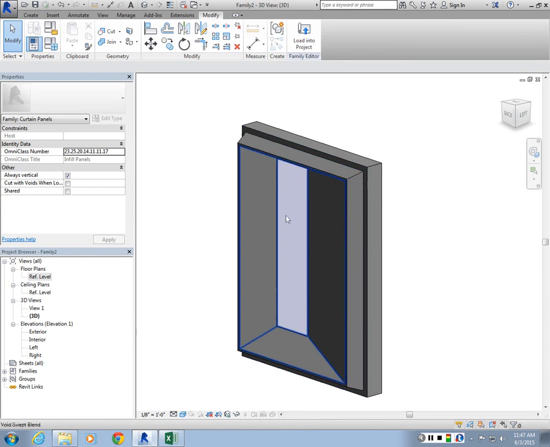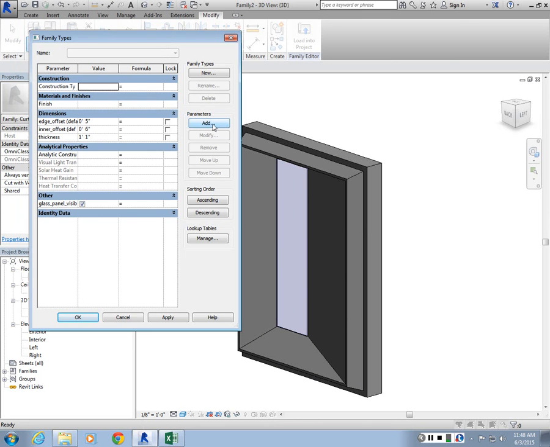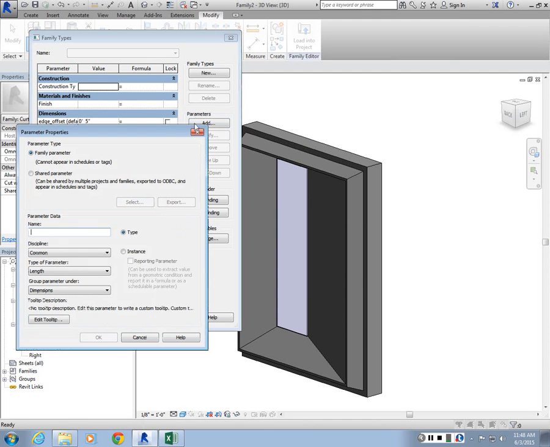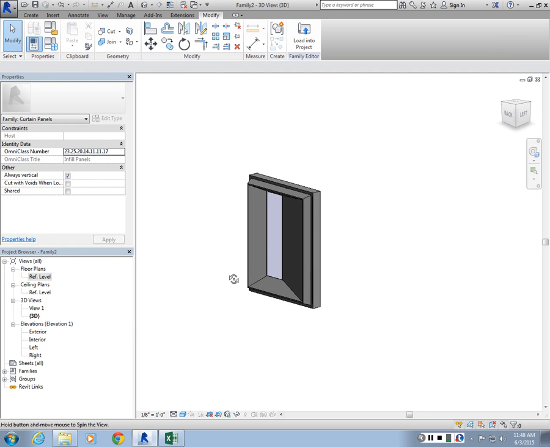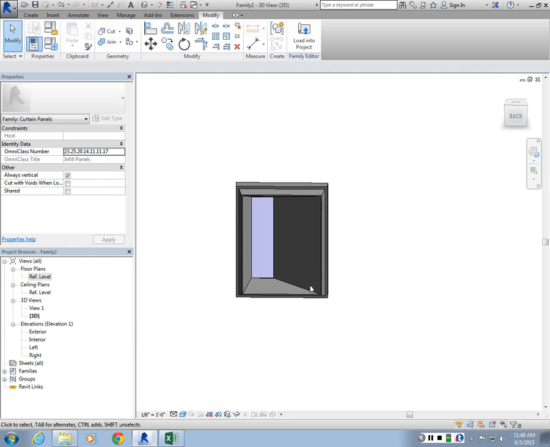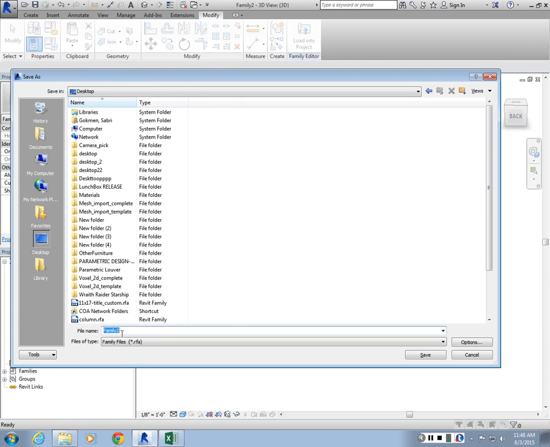And the other thing is we can also control material properties. So let's say we want to create 2 materials. So I go to add parameters. So I'm going to first set up the material properties. I go to parameters, add. Actually, let's do it this way. Let's first import this and see how it behaves. Then we can come back and customize it further and then update it in the project. How about that? So I'm going to save this, call it my extruded panel,